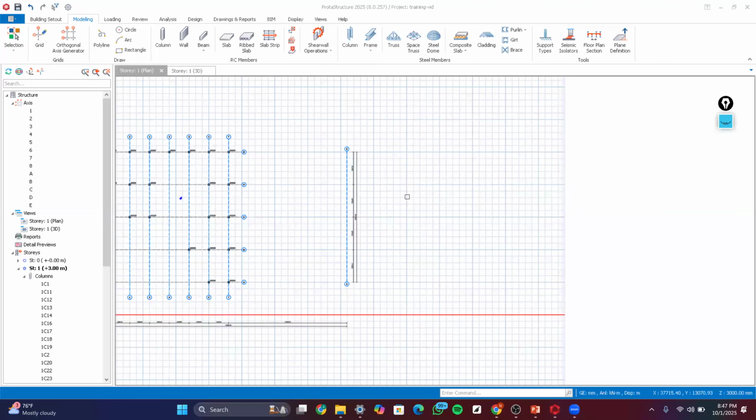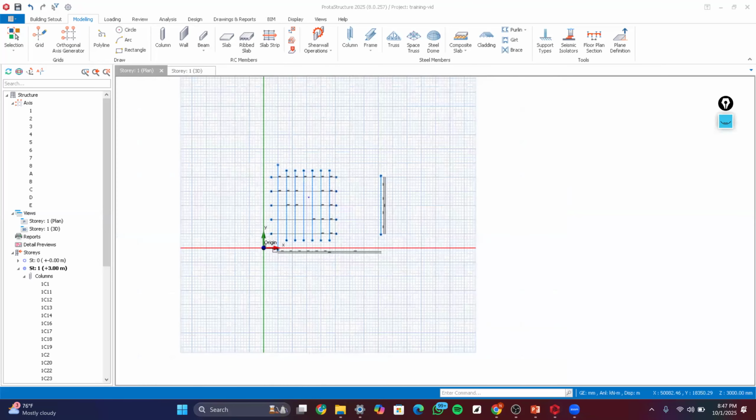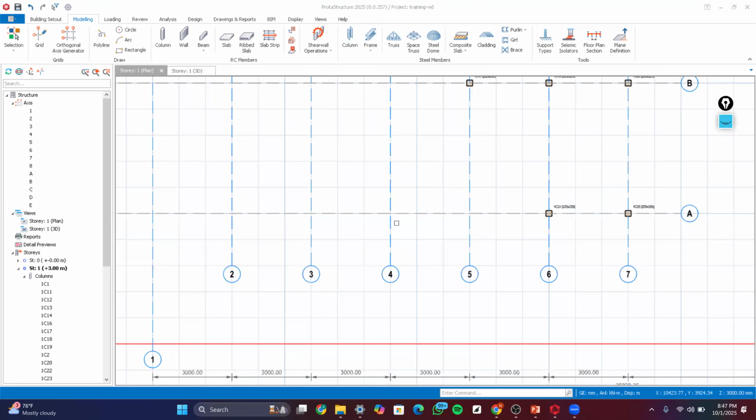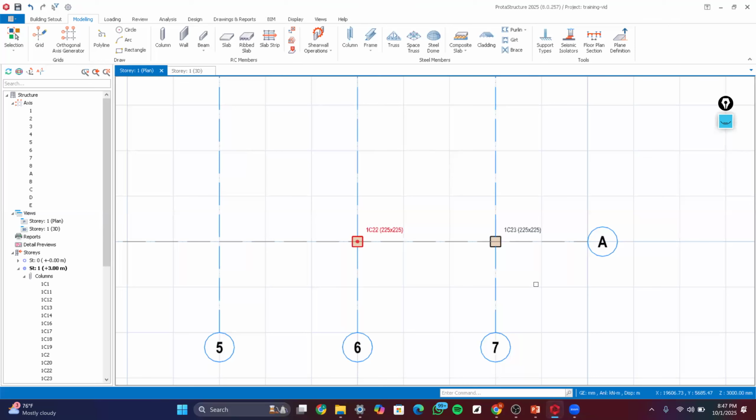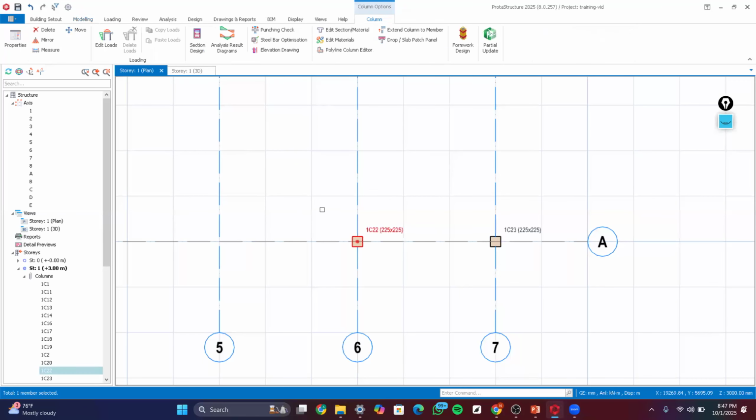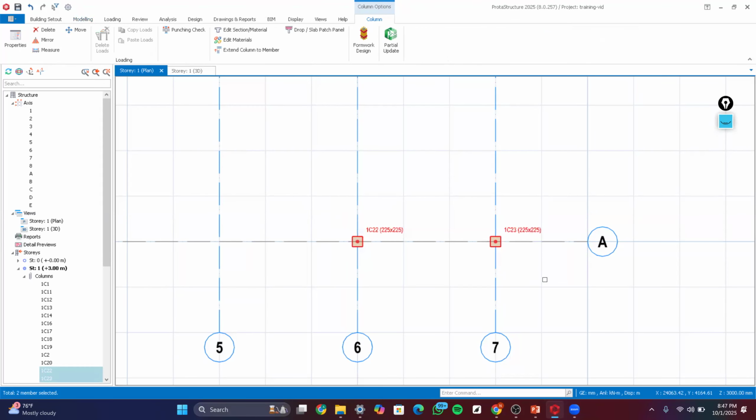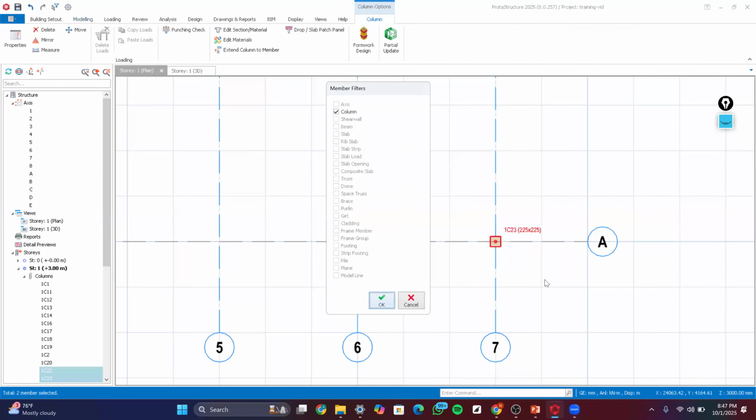Okay, so let's now assume I want to move this particular axis either to the left or to the right. Okay, so what I can simply do is that I'm going to select first of all, let me delete these columns. Okay, say okay,